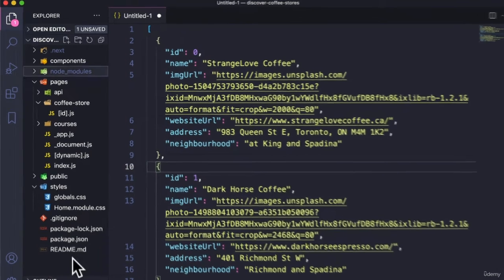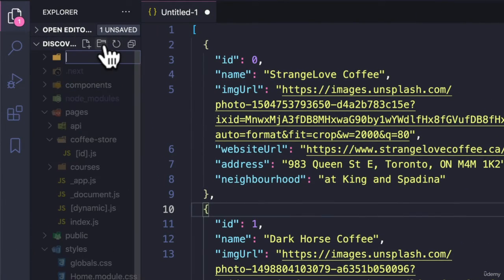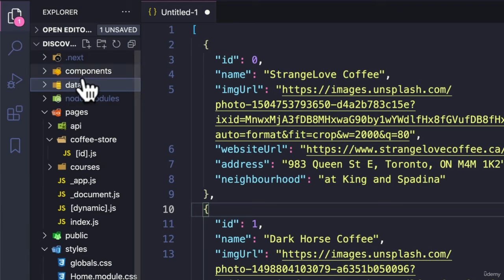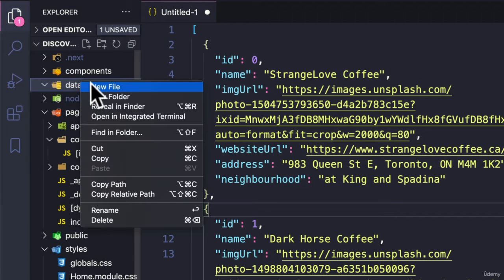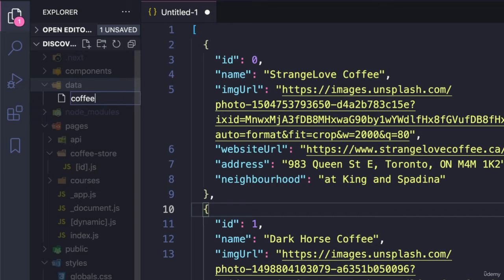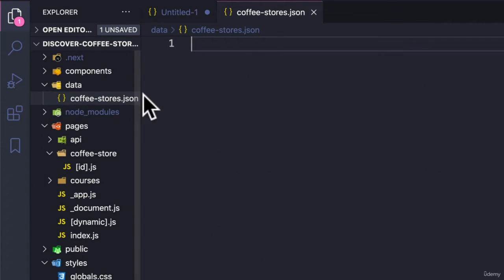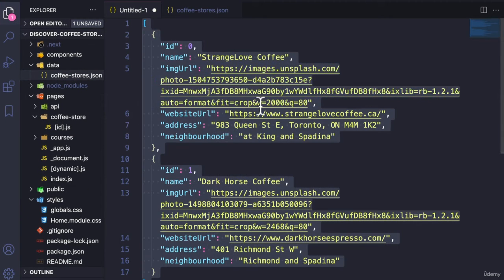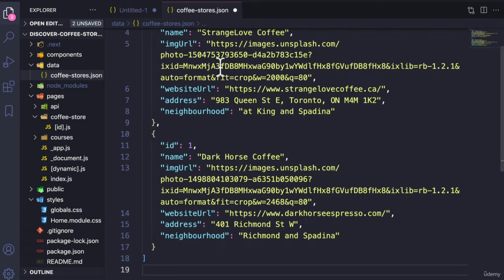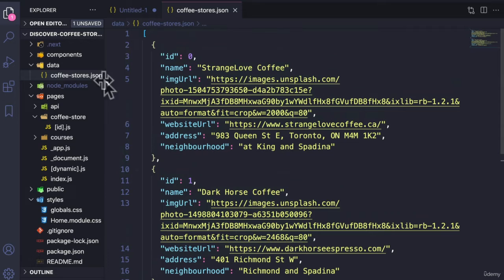Now, let's go ahead and create a new folder called data. And let's move this file inside the data folder and call it coffeestores.json and copy this file and pretty much paste it right here and save it. Now that we have this JSON file, we can use this JSON file to render the coffee stores in our